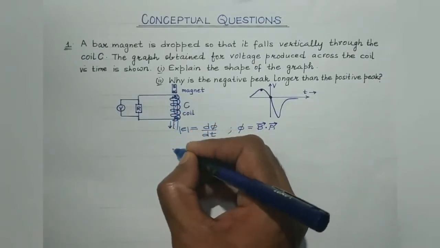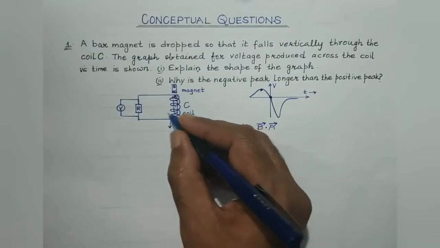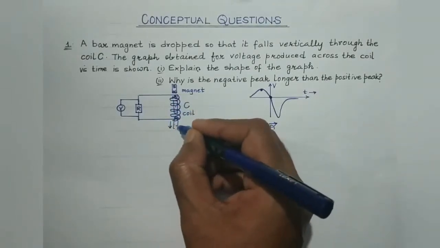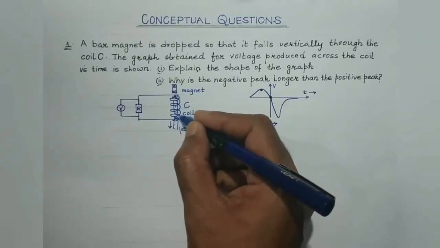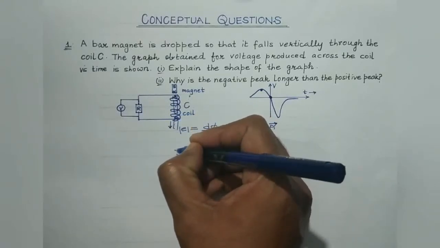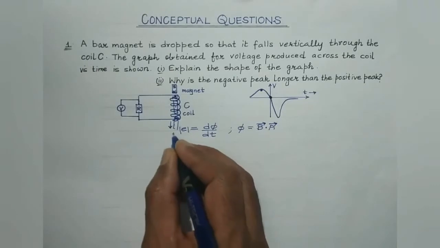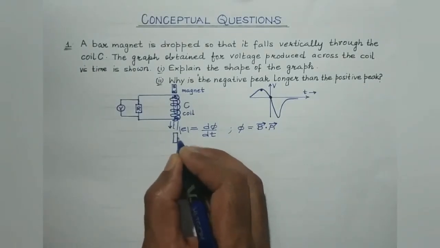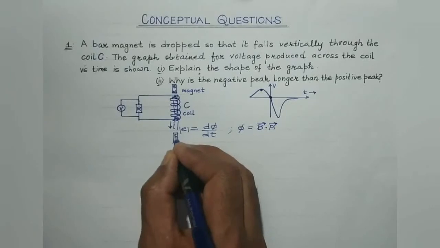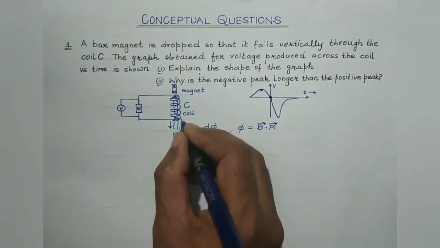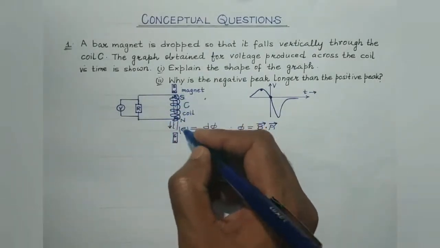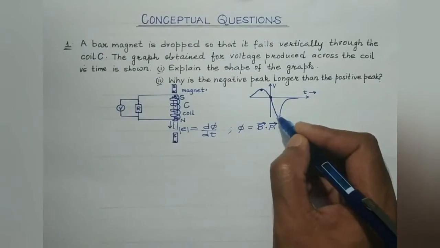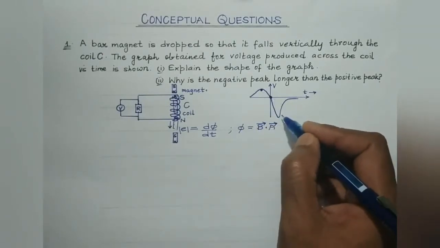Now as the magnet tends to withdraw from the coil, the induced current in the coil will be produced due to the receding magnet. So again the induced current will be produced due to the change in the magnetic flux, but now the direction of the induced current will be such that it will oppose the receding magnet. So when the magnet comes out of the coil, this end will acquire north polarity and this end of the coil will acquire south polarity. So that explains why the direction of the EMF or the voltage gets changed, right?